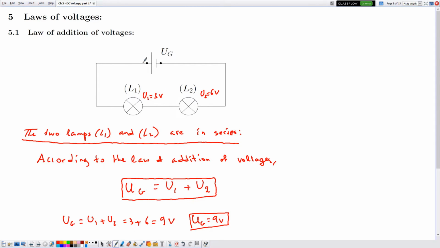Now suppose that we name this point to be the point P, and this is the point A, this is the point B, and this is the point C, and this is the point N, which corresponds to the negative terminal of the battery. Now the other version of this law is given by, now we can say that apply law of addition of voltages, or according, it's the same, apply law of addition of voltages,